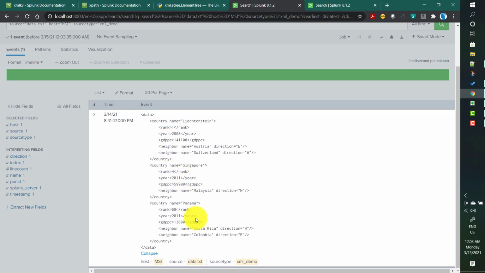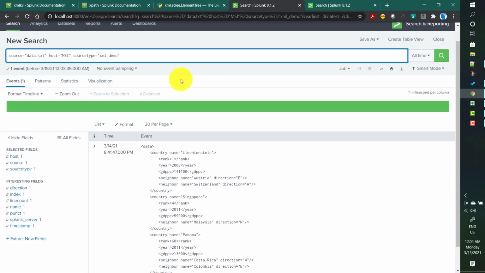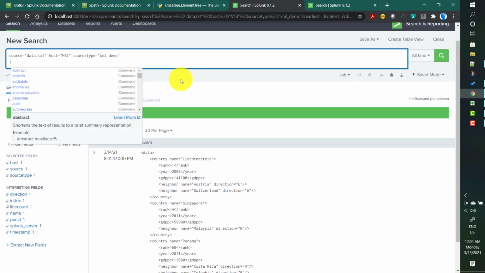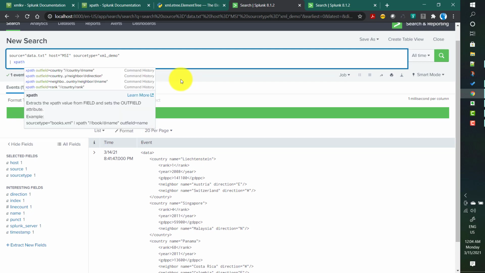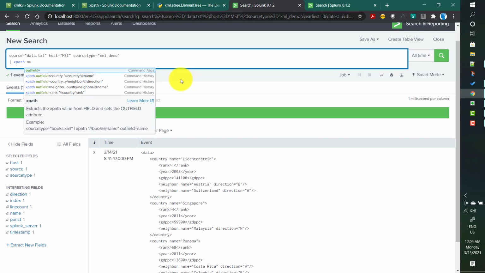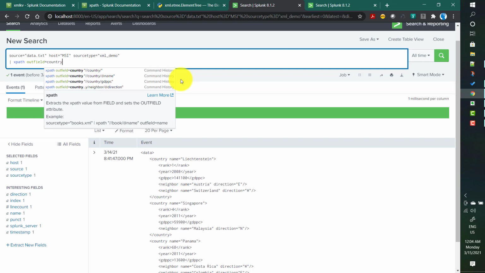Now let's say I just wanted to extract the country values from this event. How will I do it? I will write the xpath command, and let's say I want to create the field called country. So outfield is the input of xpath, and I can give a field name, let's say country.